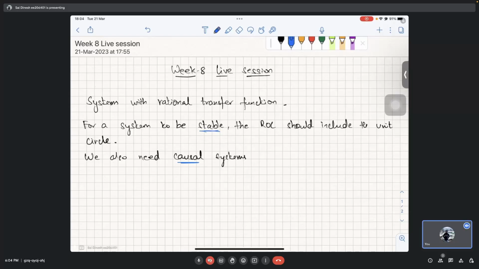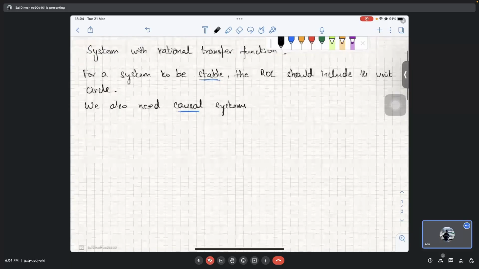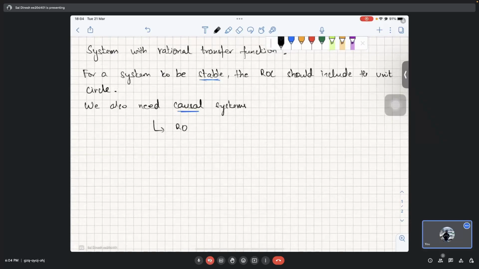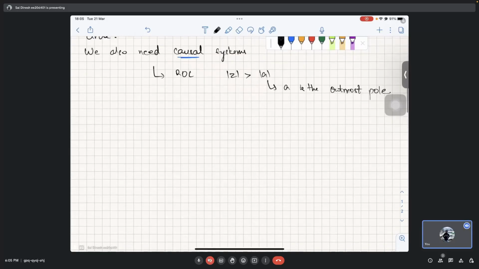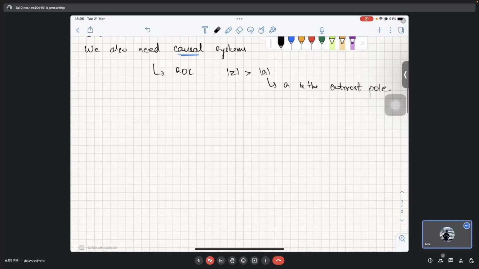Causal systems means that the ROC is right side outwards from the outermost pole. So the ROC is mod z greater than some mod a, where a is the outermost pole. I'm talking about the right sided sequences. And then some important frequency responses that we'll be talking about are